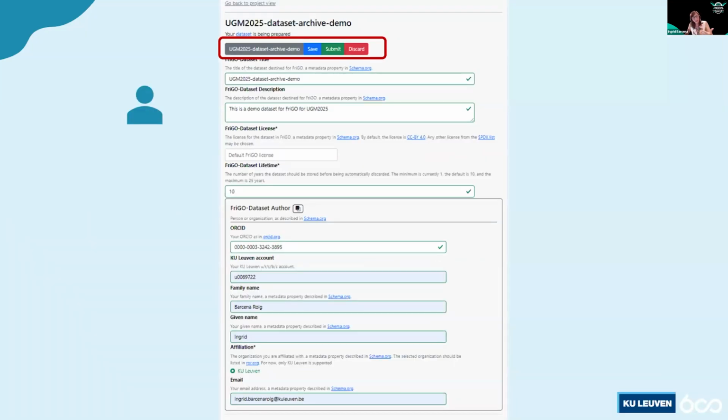After I select the data set, I get back the form with all the metadata, and then I can complete it. I can eventually save and continue later, because I need to fix or search for specific information to fill up the metadata. I can submit, or I could even discard and start over because I made a mistake. But if all the compulsory metadata is proper, including, for instance, the dataset author, and you see the checks, then I can continue and press submit, and my dataset is submitted